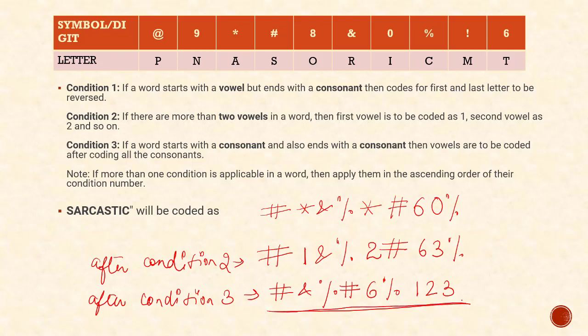So this is how we do conditional coding. There would be a matrix given, there would be a few conditions, and we have to use the matrix as well as the conditions, and there could be a lot of variation in these kinds of questions. I'm sure now you'll feel confident enough to tackle such questions. Even if a question like this comes, you know how to approach it, how to give it a start. So this is all about the different variations in which coding decoding questions can be asked in the various law exams, and as I said, this is relevant to every other aptitude exam as well.